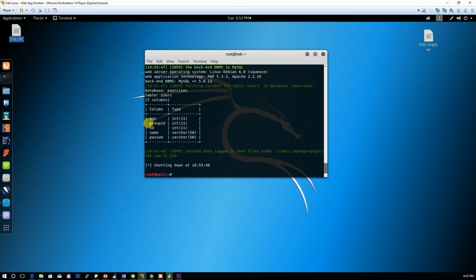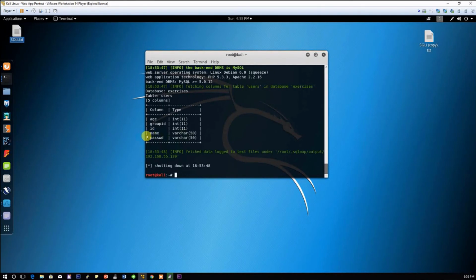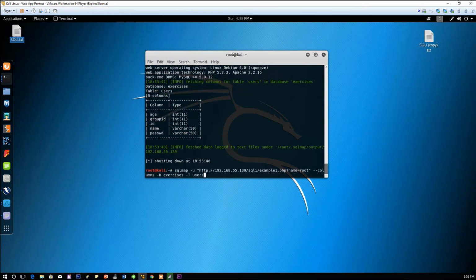Okay, so now we can see the columns. We have age, group ID, ID, name, password, and then we also have the types associated to that. So the most interesting part out of this is the password column. And of course, what we will want to do is we are going to want to dump those users' passwords, right? So what we'll do is we'll go up again and we'll change the --columns to --dump, and then we'll have our database of exercises. We'll have our users,